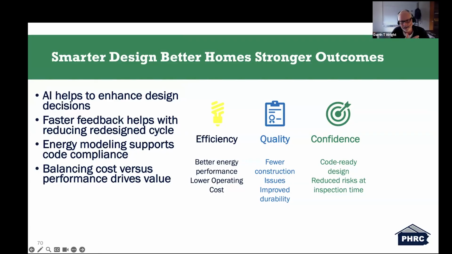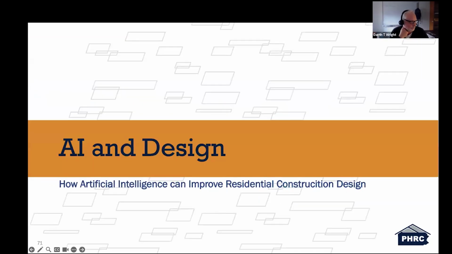You make a design, you send it in for review. People make suggestions or changes. It comes back, you make those changes, and we're always trying to make our processes faster and more efficient. By making these faster and more efficient, we're potentially, hopefully, reducing the overall cost of our projects.